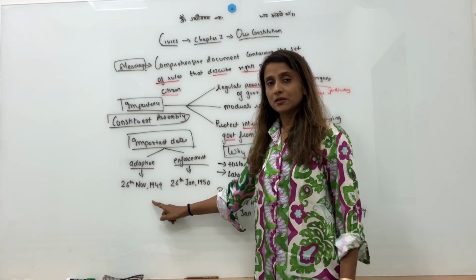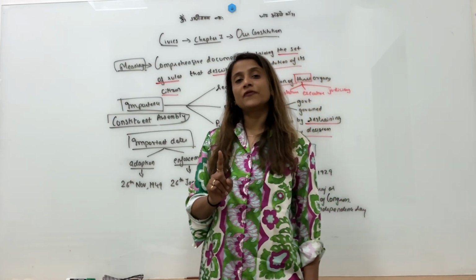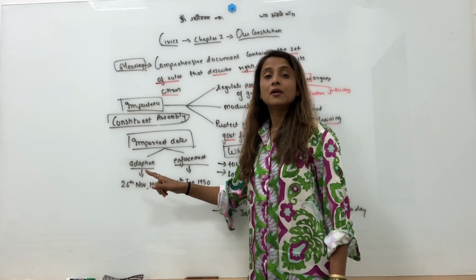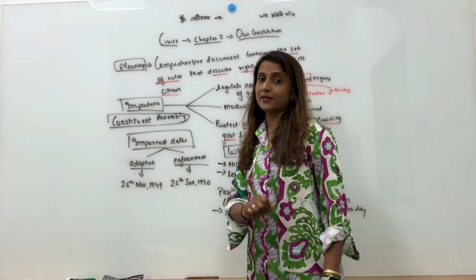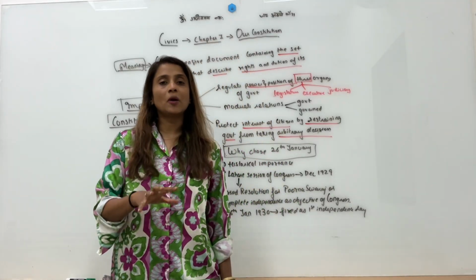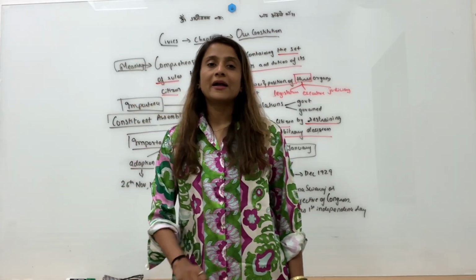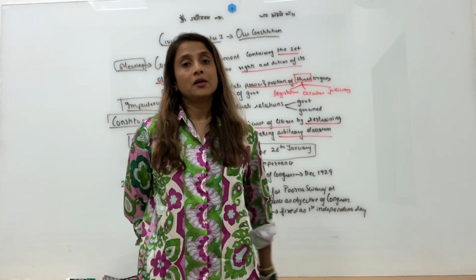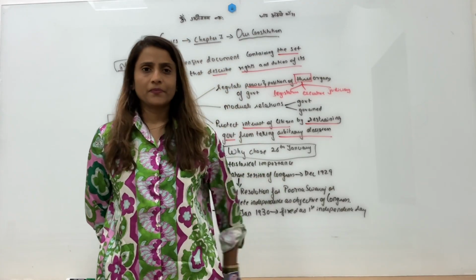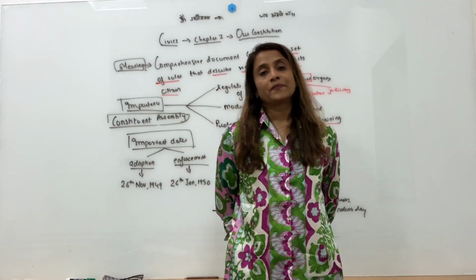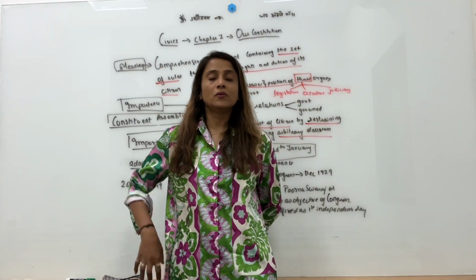1949. What is the date of adoption of our Constitution? 26th November 1949. But it was ready, it was adopted, it was signed by the members of Constituent Assembly on 26th November 1949. But we waited for 2 months to bring it to